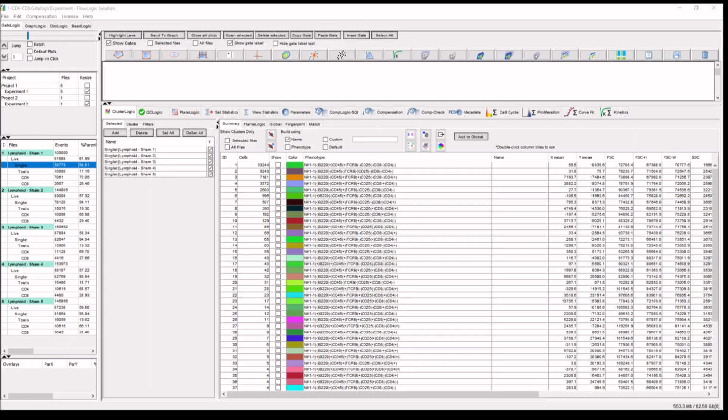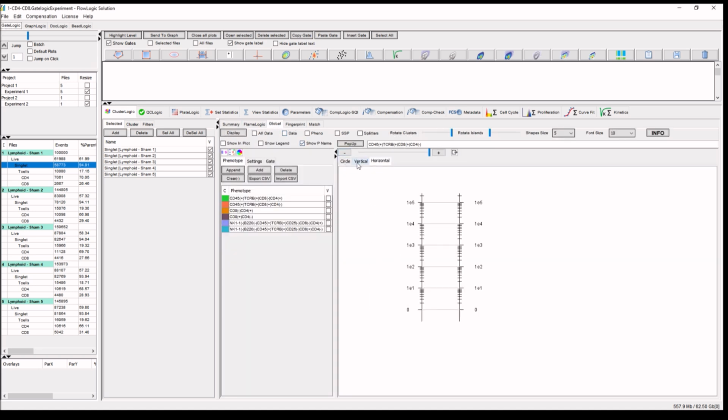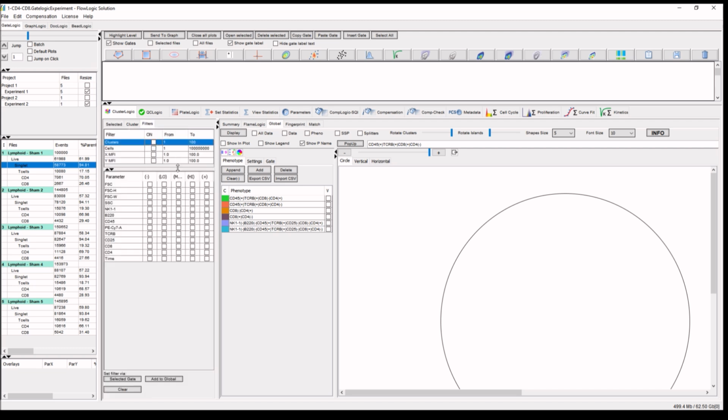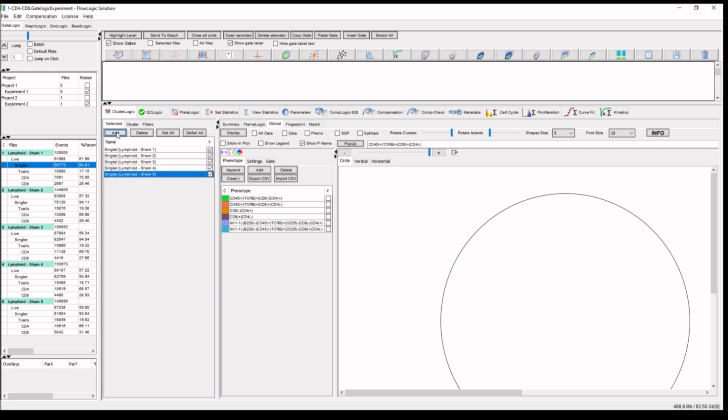We have developed new features in cluster logic. When you go in cluster logic, here we have already clustered our population, our CD4 and CD8. And if we go to global, now we see that we have another tab. We have horizontal. We have our horizontal display. So make sure that this data is selected. Make sure that the filter is removed. If you want to display it all, if you want to use the filter, you can use the filter and filter your data. In this case, I will show you how to do the job without